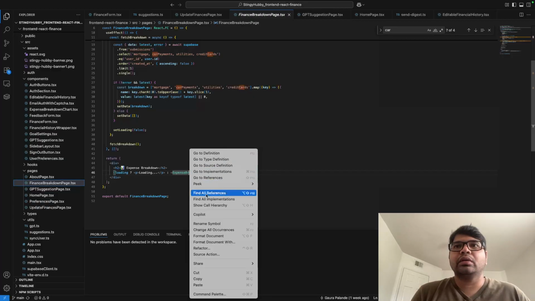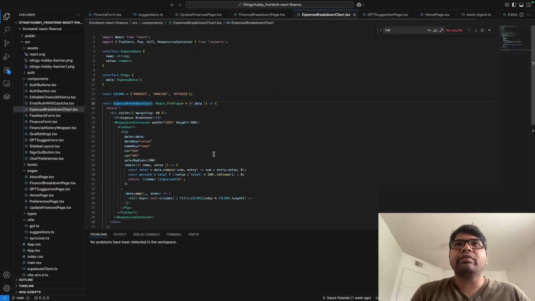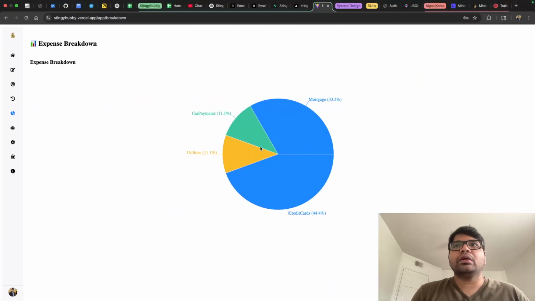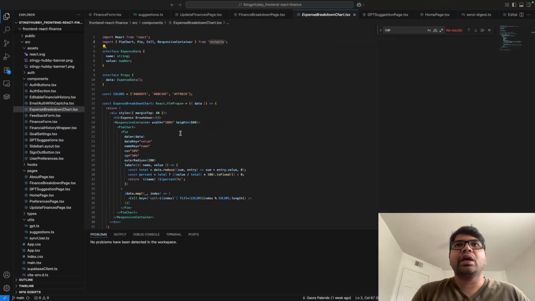And then when we go into the definition of this one, this is mostly Recharts. We are using a Recharts component here. We are importing what will give us a PieChart, a Pie, a Cell, and a ResponsiveContainer. Here we denote different colors for the different sections of the pie chart. So like here you can see that you have blue, green, and orange,